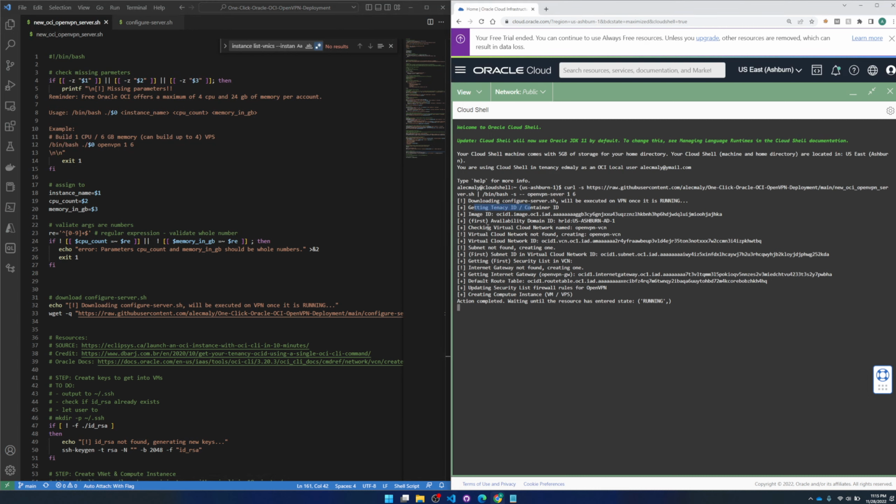It got the tenancy IDs. It's looking for a virtual cloud network named OpenVPN-VCN. If it doesn't find it, it creates it. So it tries to not clobber what's already in the environment as much as possible. And we'll connect the subnet and the security list and the gateway. It will create the internet gateway and set up the route table and all that stuff. And then it will try to spin up the virtual machine and then wait for it to be ready,